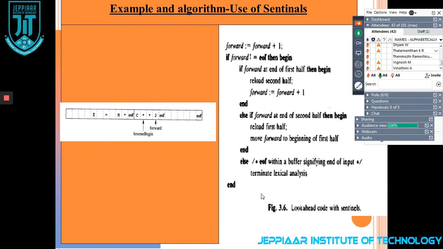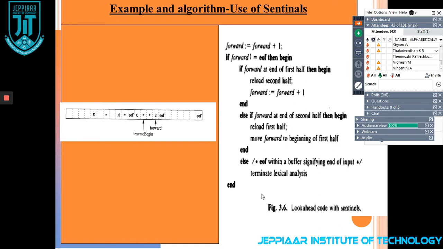You can see it in this slide. I have shown the example E = M C squared. Before, we saw only one EOF, at the end of the statement. Here, in each buffer, the first as well as the second, you can see the EOF.